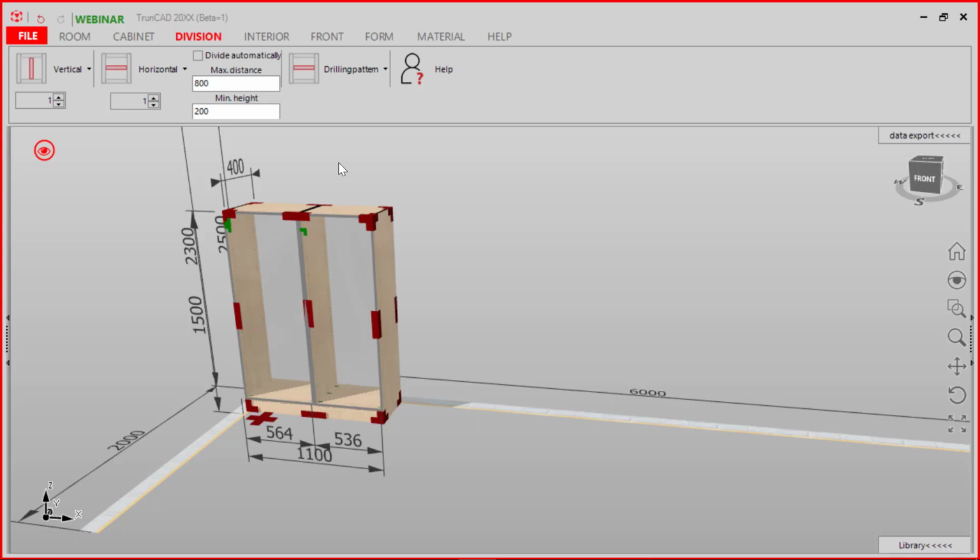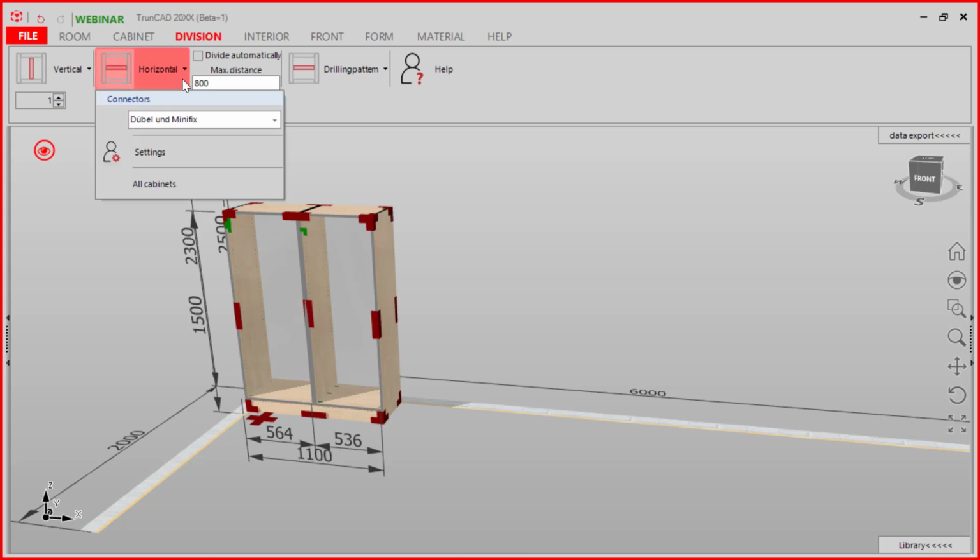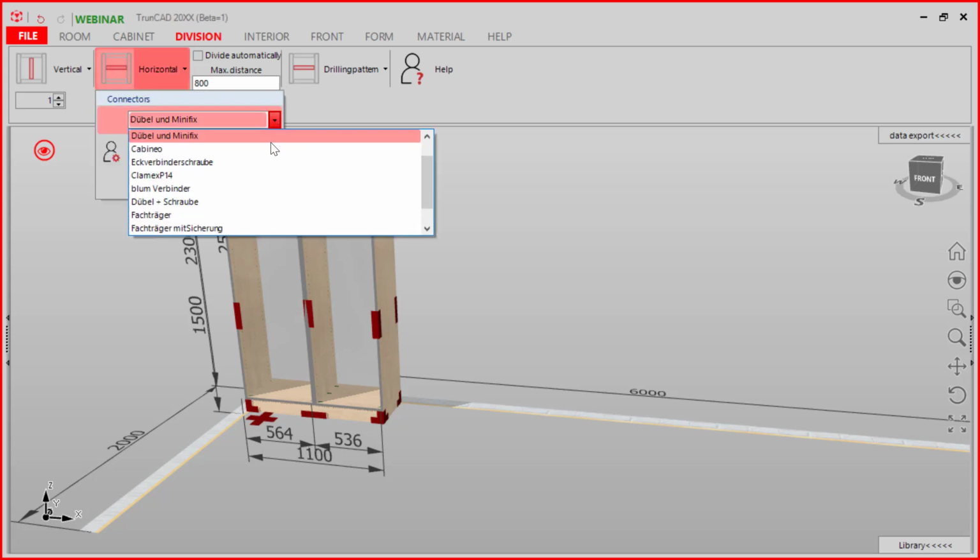In this tutorial you get to know how we're going to add horizontals to our cabinet. First of all, we are here on the division tab and then we go to horizontal. When we click here, we can choose different connectors for our horizontals. How you set your own connectors you will learn in another tutorial. So after we have chosen our connector,